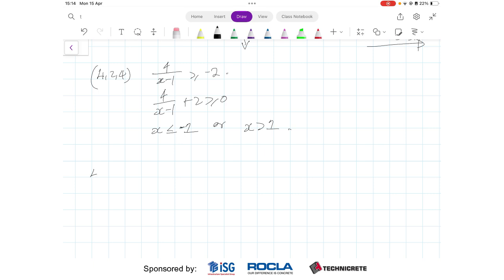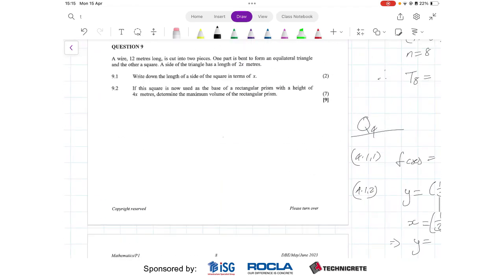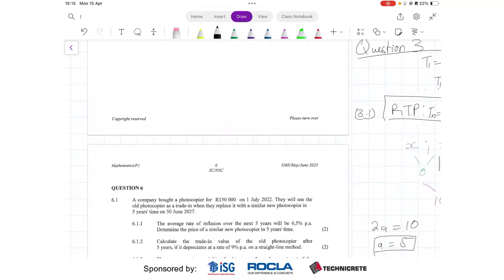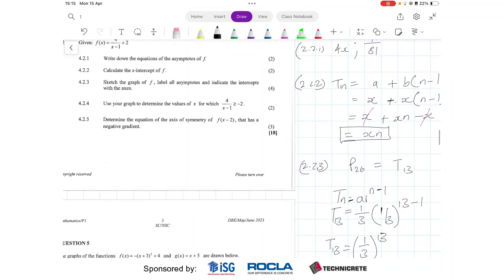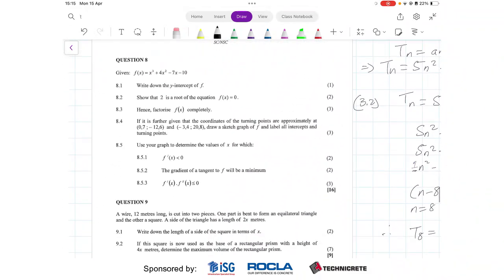So for question 4.2.5, okay, this was a bit of a mouthful, so I'm just going to look at it again. Determine the equation of the axis of symmetry of f at x minus 2, right? That has a negative gradient, right? So the first thing that we're going to do is